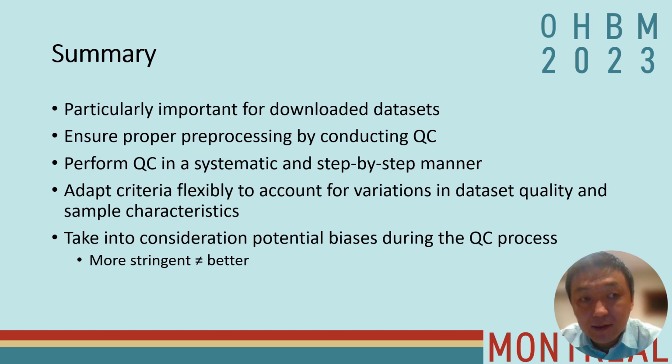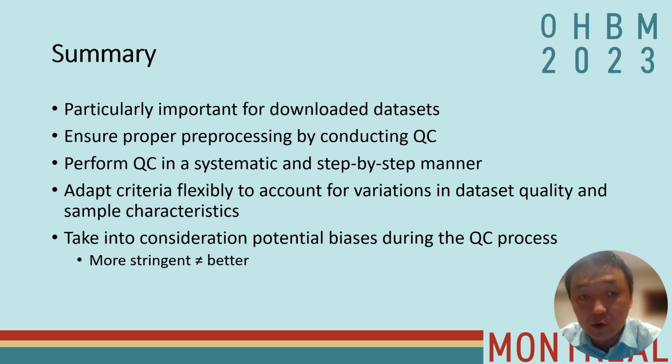To summarize, the sample size in fMRI studies becomes larger and larger, and it becomes increasingly important to do quality control because the data are usually from somewhere else and not collected by the researchers themselves. Therefore, it's always good to look at the data before you process the data. And also, quality control is not only for identifying specific time points or artifacts or removing subjects. It also helps to ensure that all the preprocessing steps are performed properly. Therefore, we need to perform quality control systematically after each of the preprocessing steps to ensure that the processing can